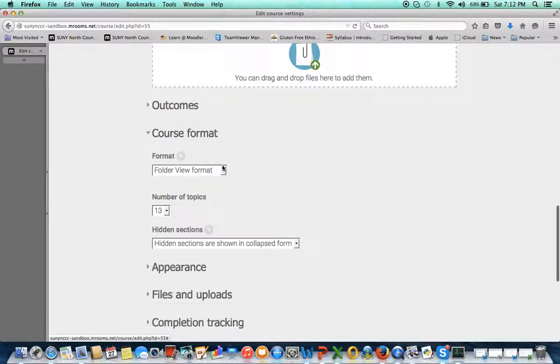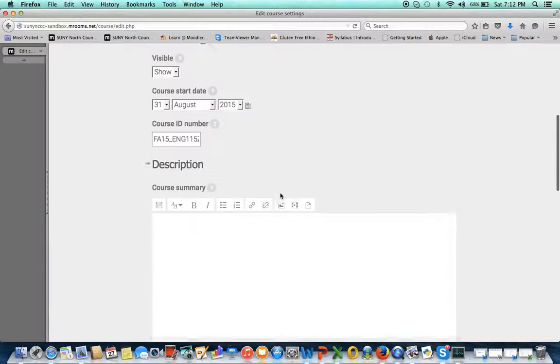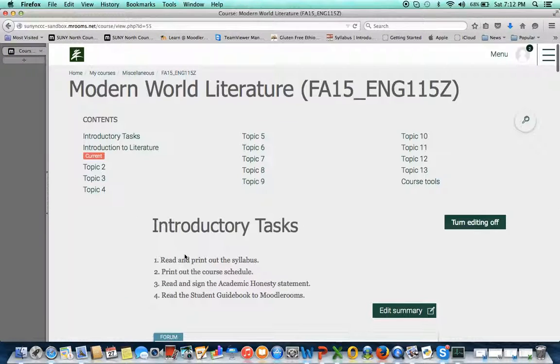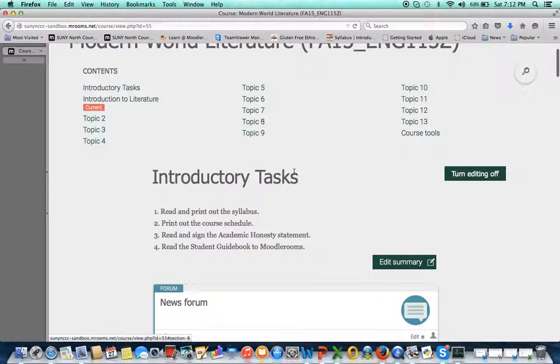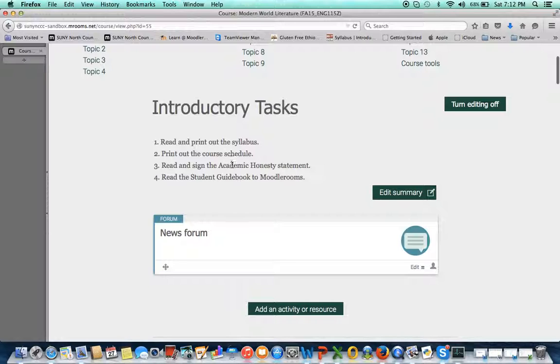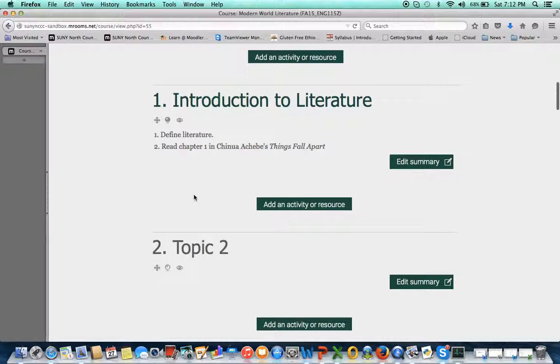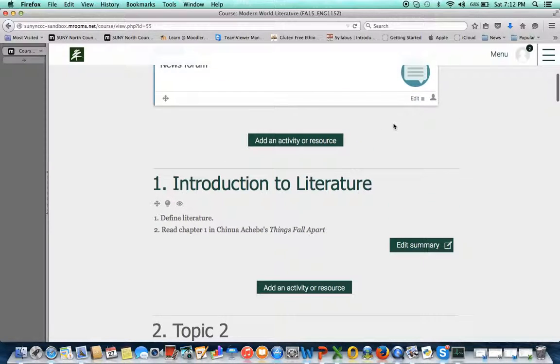The second option we'll look at under course format is the topics format. We'll keep the number 13 for now, and again we will save changes. And if we scroll down, notice it kept the information we added. The only difference between the topic format and the folder format is that if you use the topic format, there are no folders to expand and collapse. So all the information would be right here in each section, and there would be no folder for the students. So we'll scroll back up,